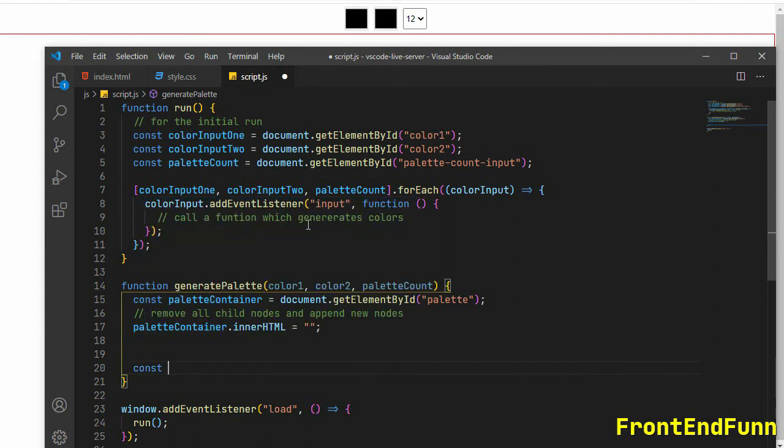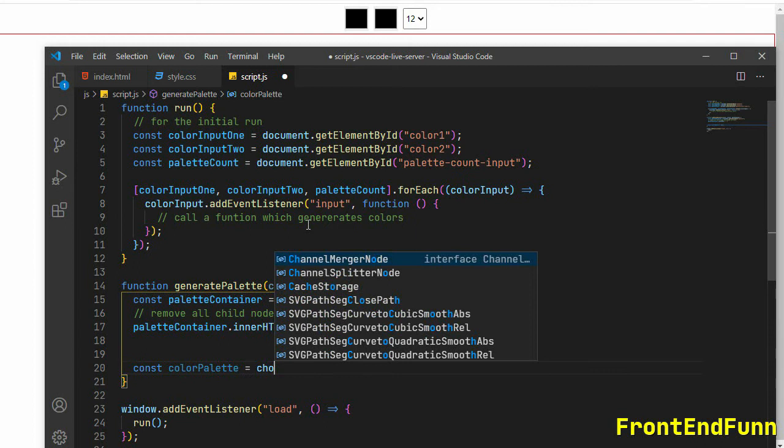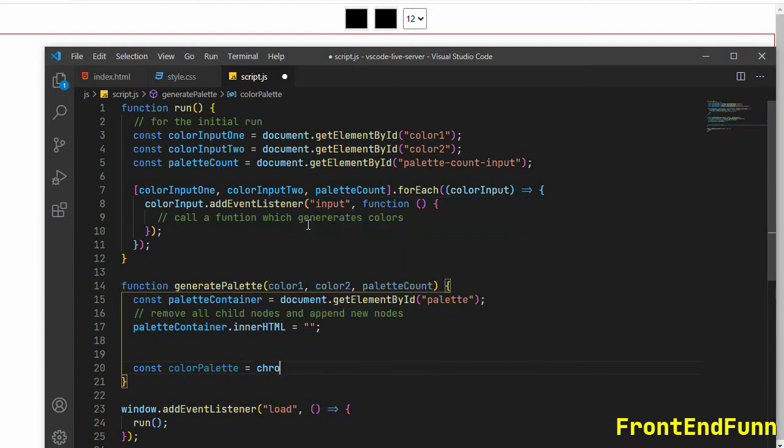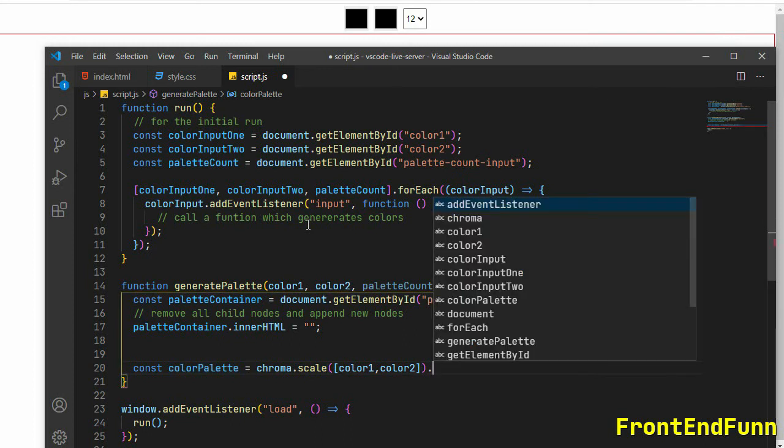Next, let's have a const variable, colorPalette, equal to chroma.scale. Scale is a function defined in chroma.js, which takes two color values, that is color1 and color2, and there are different modes here.